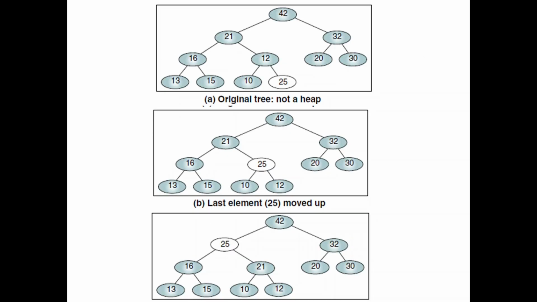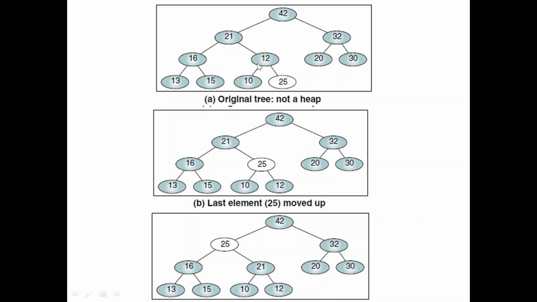So to understand it, let us just go through this example. In this example, we are first inserting 25 in the first vacant location. Here, this is the first vacant space in the heap tree, and so 25 is inserted here. But after inserting, we will have to check whether the insertion has not affected the heap property. By comparing 12 with the 25, we are able to understand that it's no longer a heap.